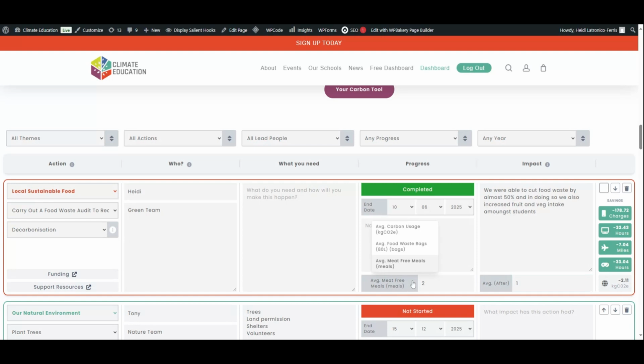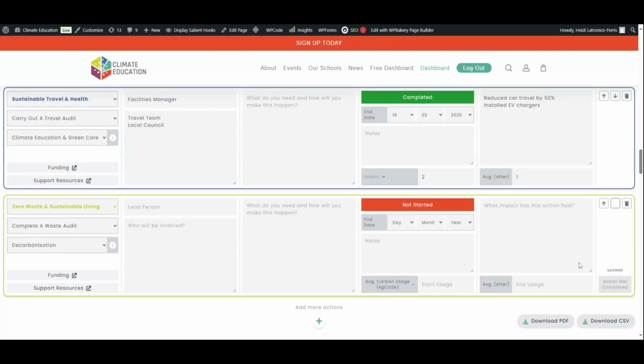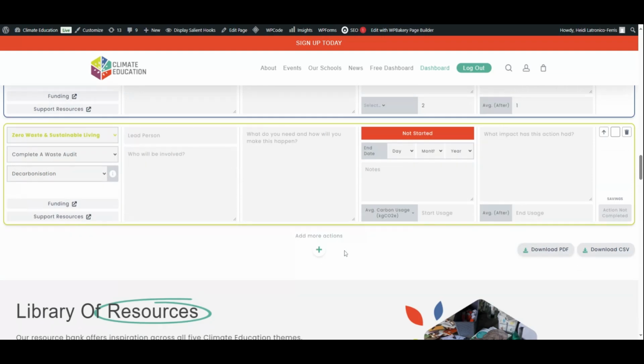This carbon savings will then be calculated into various different attributes such as mobile phone charges, TV hours, air miles, and console hours. This will help you and your students to understand that each individual action has impact. And so, although you can see a complete picture of the impact you're having, you can also see what individual steps you're taking can have and how that can have a ripple effect if extended out to homes and communities in your local space. You can add as many different actions as you like across any of the 5 areas,